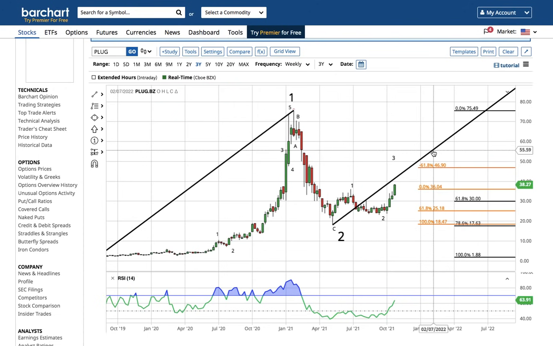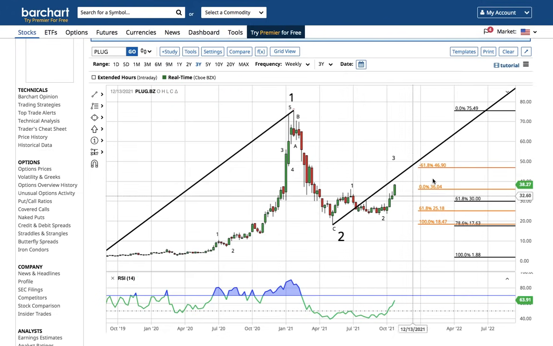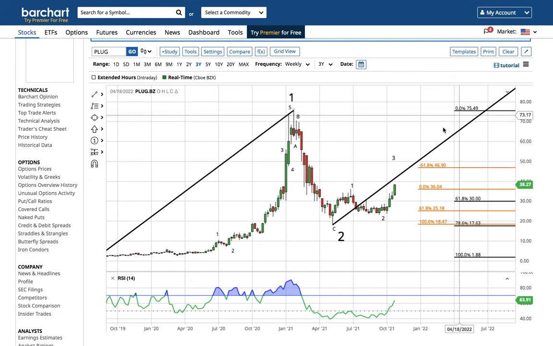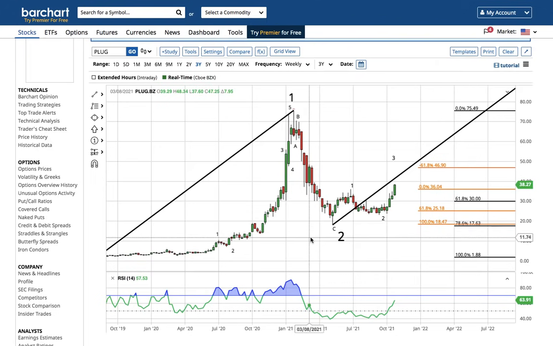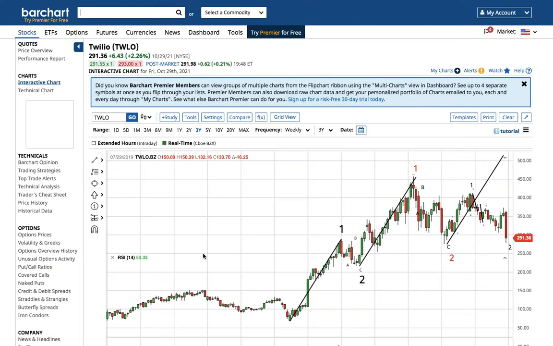half of 2022, and from this low, I think this is the wave 1 and a wave 2. And if we go past 46, we'll have confirmed that this is an impulse structure from this low. And this is in fact a new bullish cycle. And Plug Power, it's not going to be in a straight line, but it'll be going to 90 for that wave 3 target. Let's talk about some software.